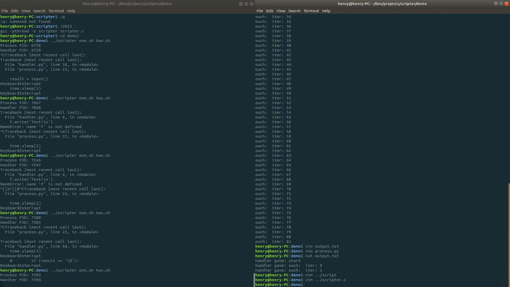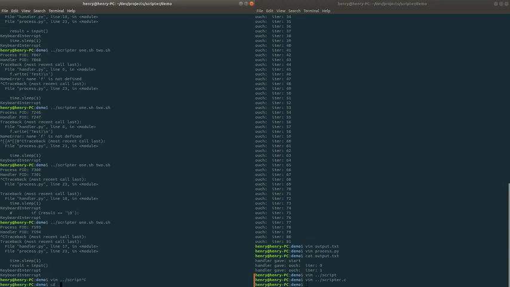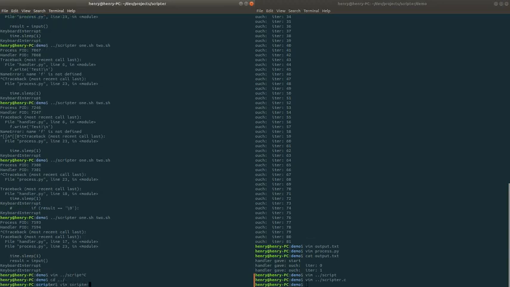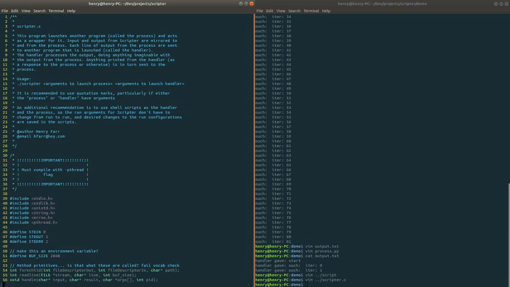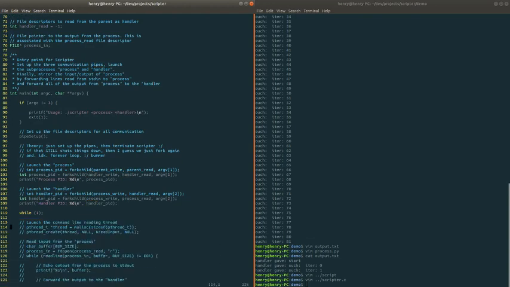Yeah, that's got to be it. I can double check too if I quickly modify this to not run the handler. Oh my god, I should just not launch the handler. So if I do not fork this,